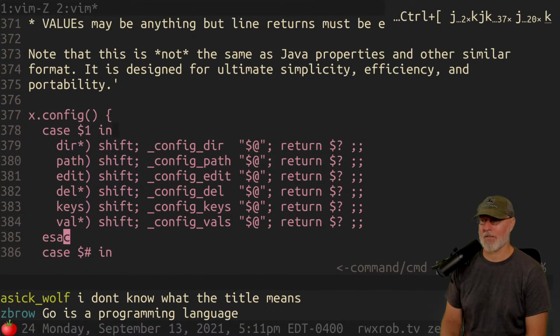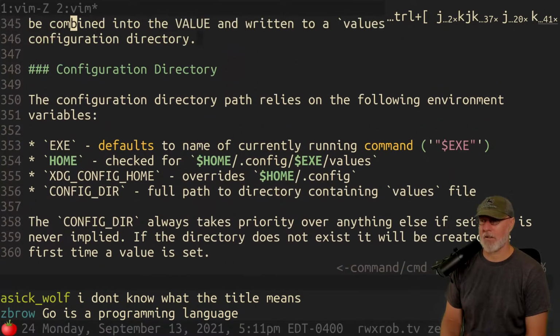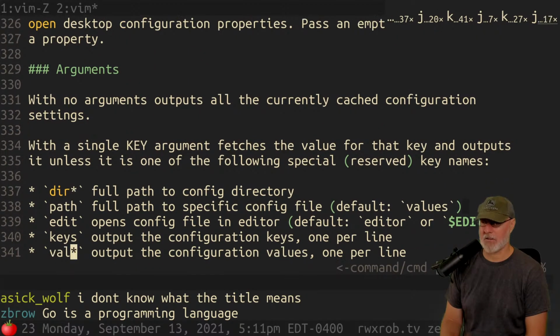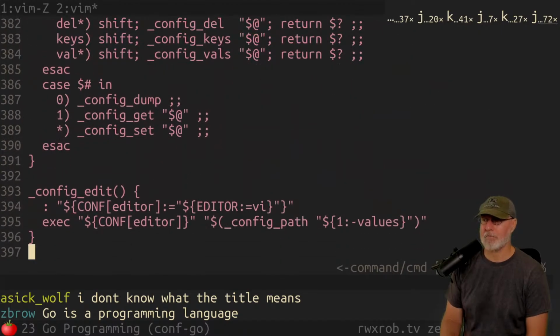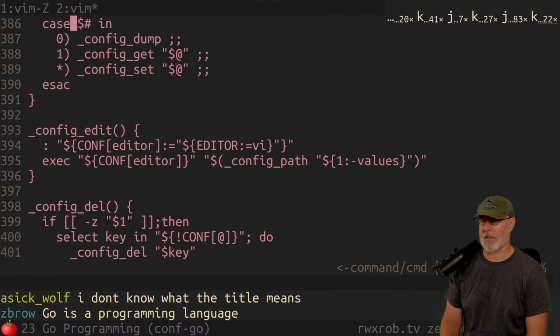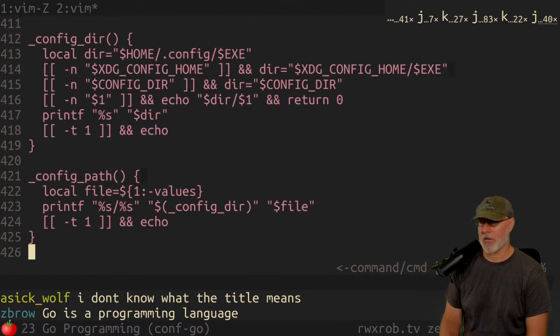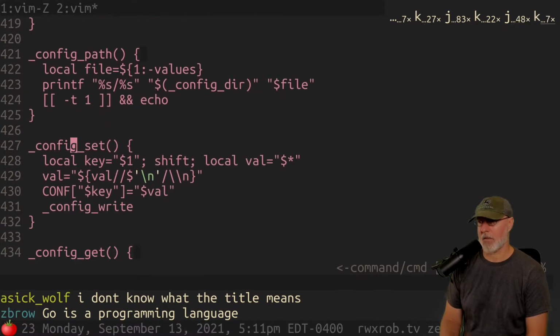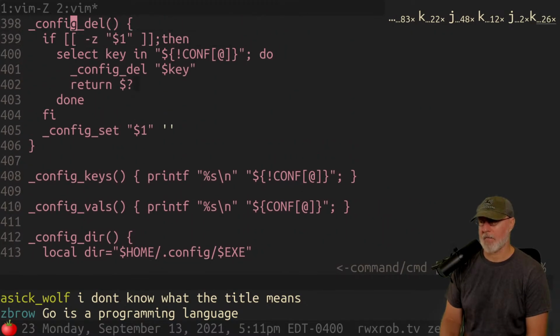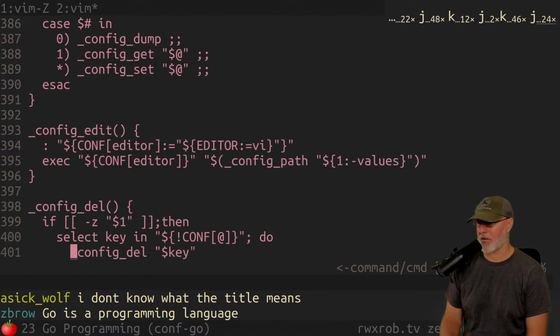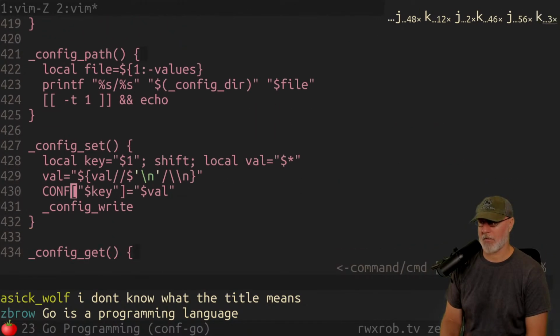All right, so config. Here's all the internals that implement the configuration thing. It gives all the documentation as well. That's all great. I could probably rip this documentation straight off and just do it, right? So here are our commands. We need to make these commands. What should we do first? Well, we should probably do config path, config-dir. It depends on config-dir. So let's see, where's config-dir? Again, we're doing a port, so I could cheat and see which ones I already have working.